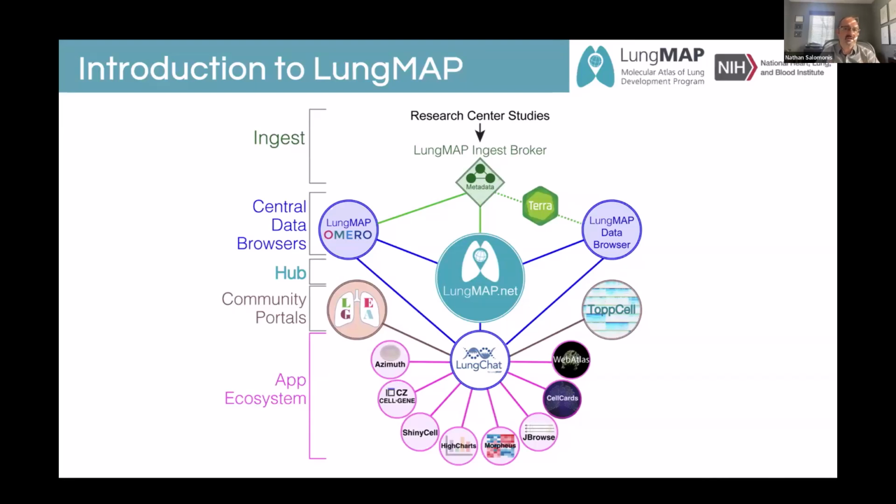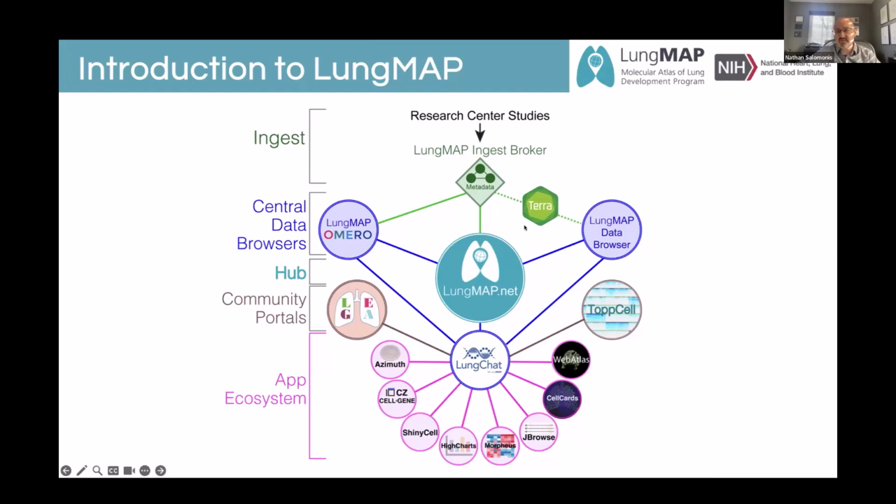LungMAP contributors are primarily LungMAP consortium members, but we accept submissions from the outside. These data sets are provided in various interfaces and endpoints with both raw and processed data available. Some of these endpoints include being able to reanalyze data sets directly in this online cloud platform called Terra.bio.